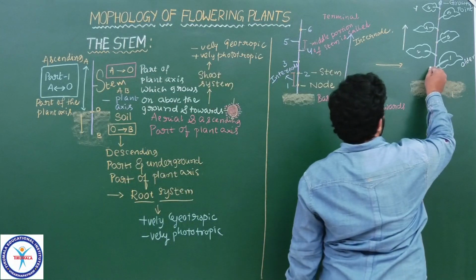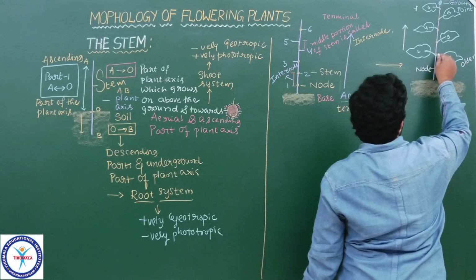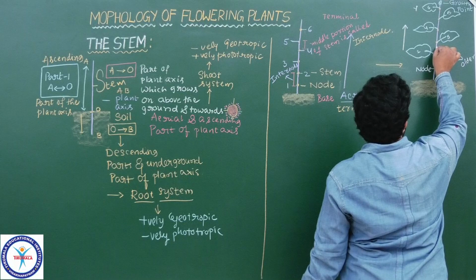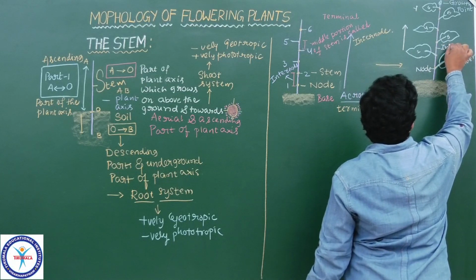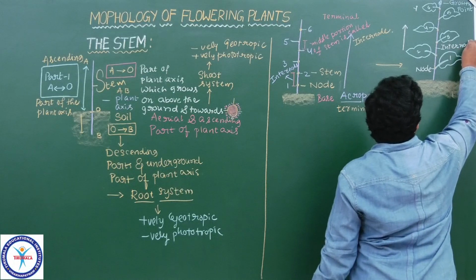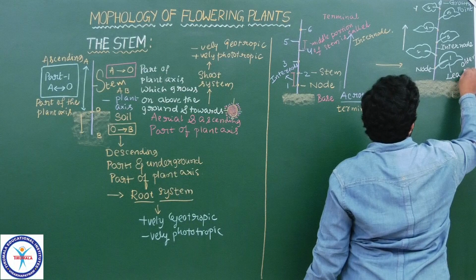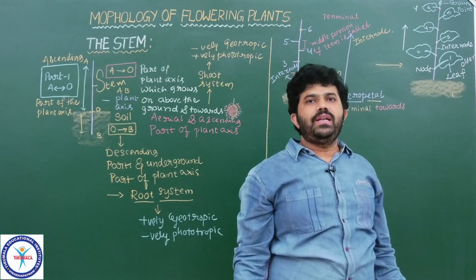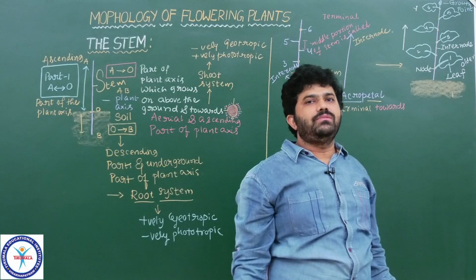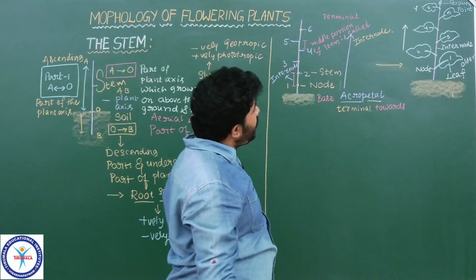All these we simply call nodes. The portion between two successive nodes is called an internode. Please remember internode. These are the organs which develop called leaf, a green colored expanded structure for conducting photosynthesis and preparing food materials which are needed for the growth of the plants. Now you got the point.